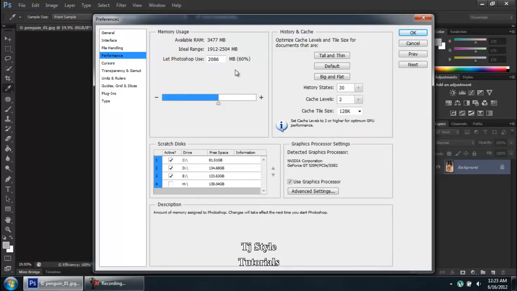Alright, now guys, I have reduced this RAM usage to 60%. Alright, but that's not true. I actually believe in keeping it somewhere around 80%. Now remember guys, I have changed it to 80% because my computer right now has somewhere around 4 gigabytes of RAM. I actually do quite some work on Adobe Photoshop, and I would want my Photoshop to run smoothly. So therefore I'm increasing this, let Photoshop use my 2807 MB, that is 80% of my available